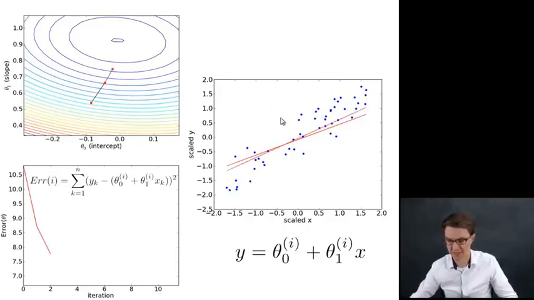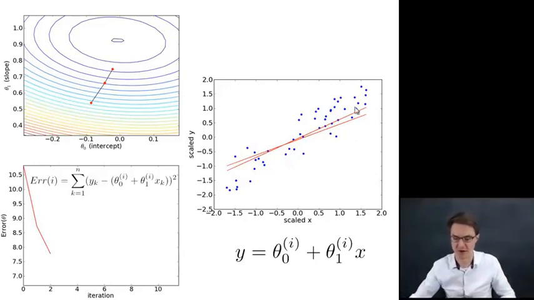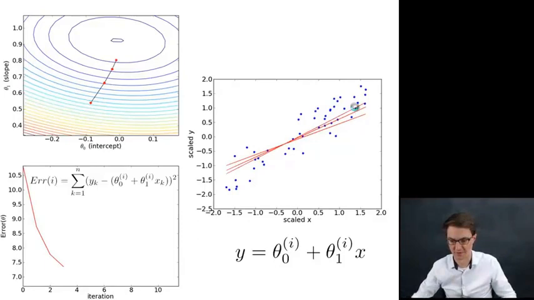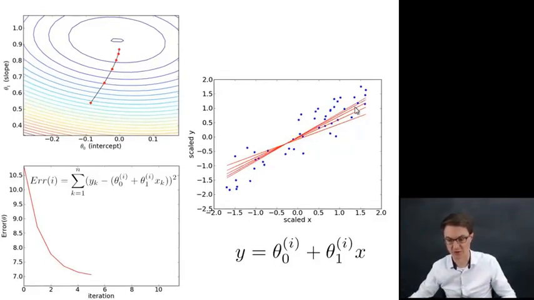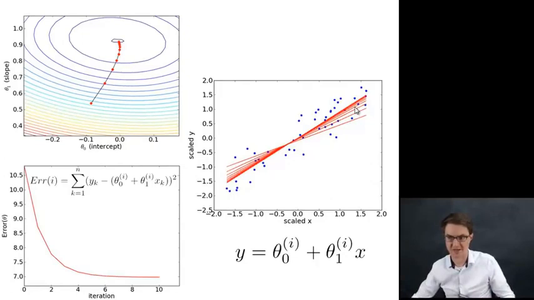So the next slide, we take another step, and the error goes down a little bit more, and we take another step towards the minimum over here, toward the center, and we've got another regression line that has rotated slightly, so it's closer to what we intuitively think will be describing the data. And we can keep going with this and keep stepping down, and the regression line gets better and better. The error goes down. We're finding a local minimum in that error